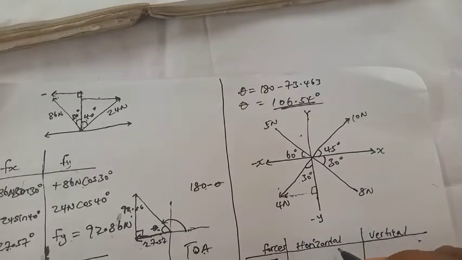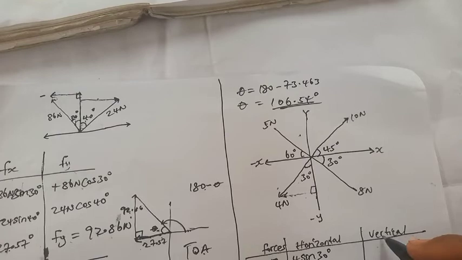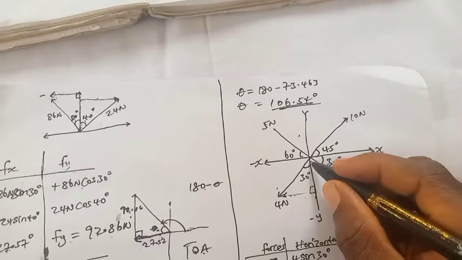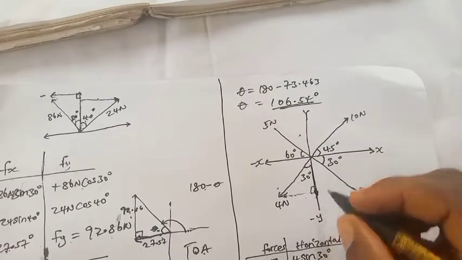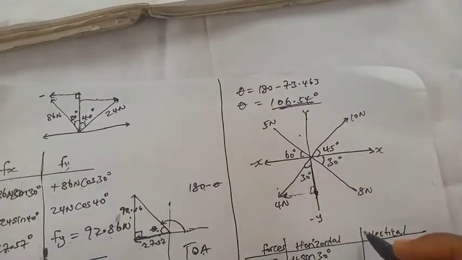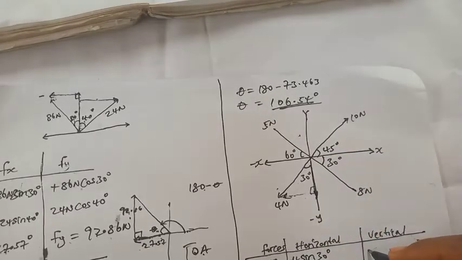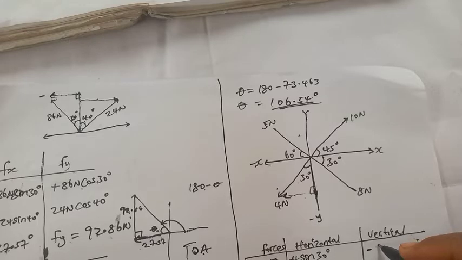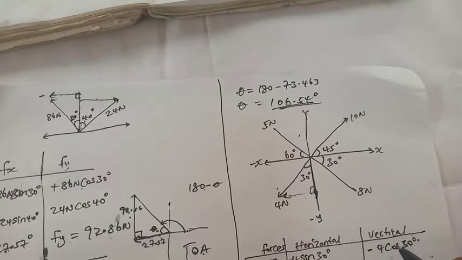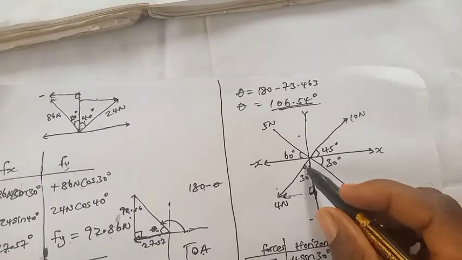So the horizontal component is going to be 4 sine 30 degrees, and the vertical component, remember it's going to be negative because it's going towards the negative x axis, and then this vertical component is going towards the negative y axis, so it's going to be negative 4 cosine 30 degrees. Now cosine because this is the line that has both the adjacent, the angle 90 and then the angle in